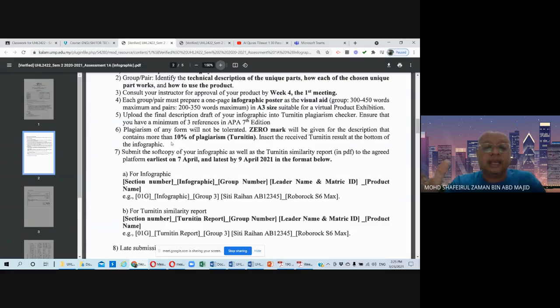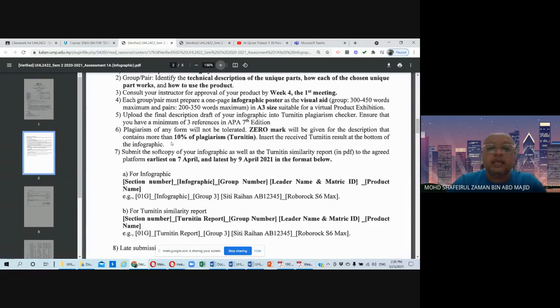In case any group or pair doesn't give me back the edited version, you will be given 0 straight away for your infographic. So please be very careful about this. If your similarity index report is 10% or lower, then it shouldn't be a problem. And where to put the Turnitin result? I'm going to show you the sample afterwards, at the bottom of this page.